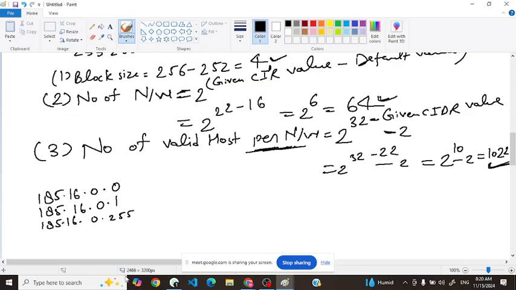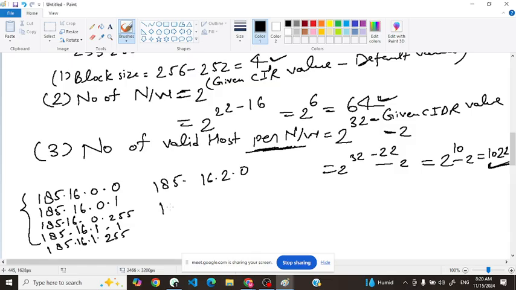Okay, so we will have to increase this value by 1 in the same network. Then 185.16.1.0, and it will go up to 185.16.1.255. Then again 185.16.2.0 and it will go up to